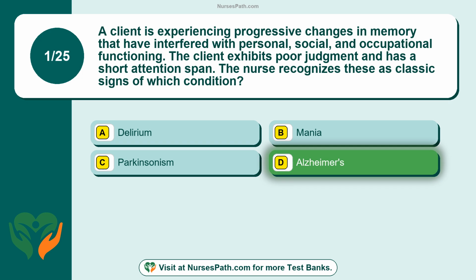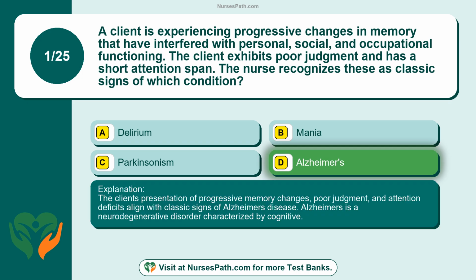The correct answer is option D, Alzheimer's. The client's presentation of progressive memory changes, poor judgment, and attention deficits align with classic signs of Alzheimer's disease. Alzheimer's is a neurodegenerative disorder characterized by cognitive